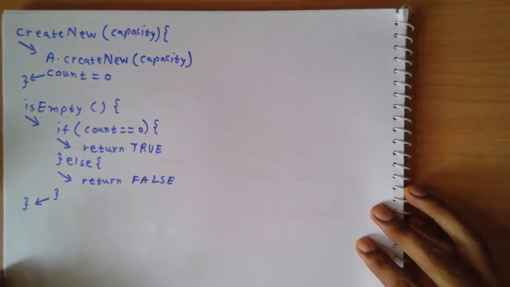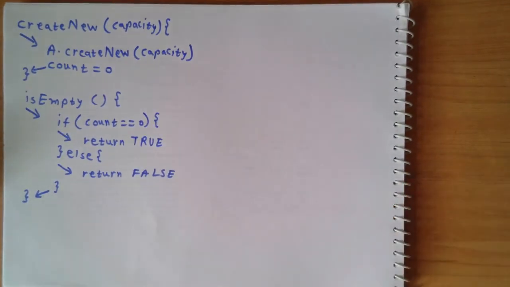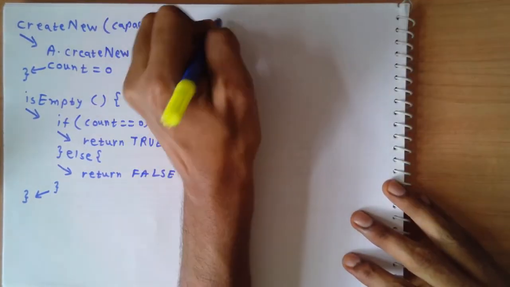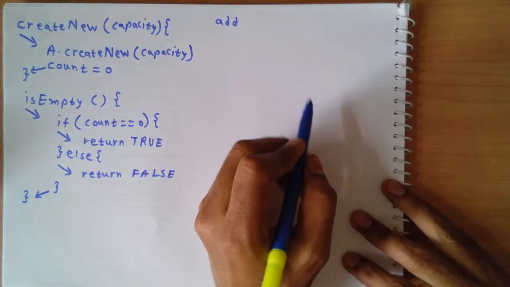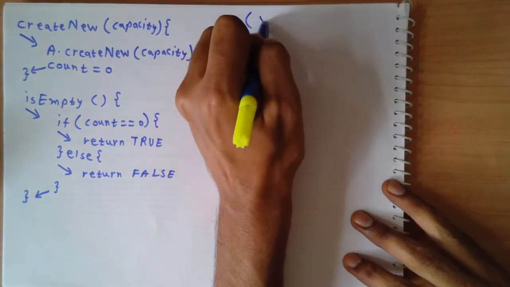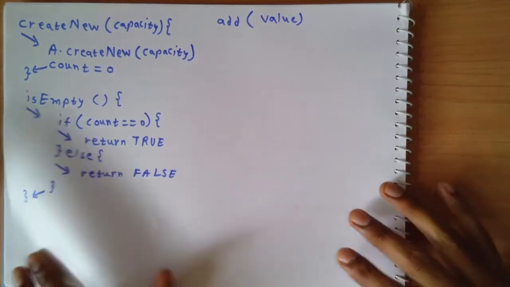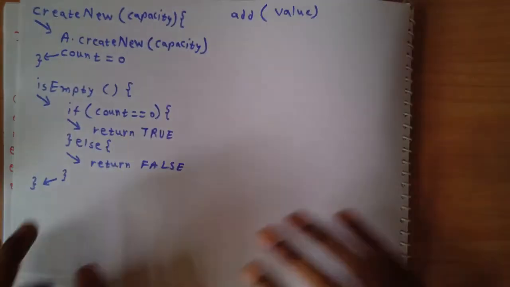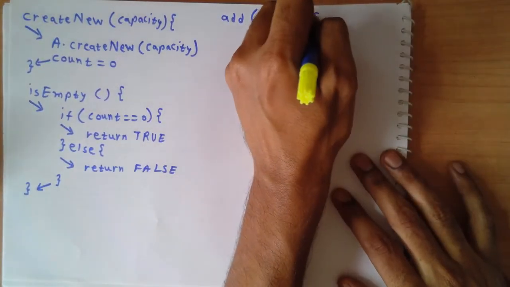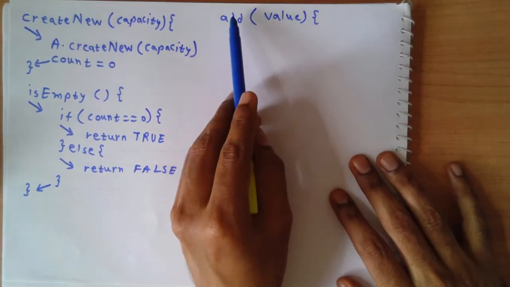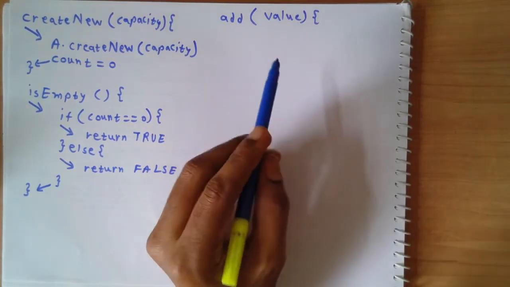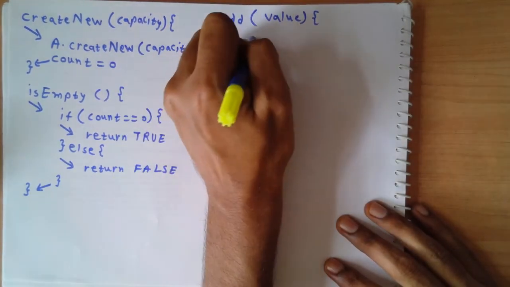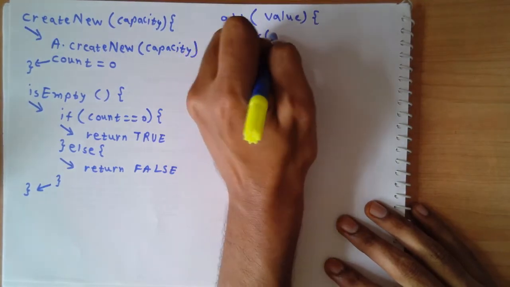And now let's try to write the pseudocode for the main operations, add and delete. If I'm going to have the add operation on my queue, it has to receive input as a value. Let's check if that's the way we defined the function. So add was getting value as input, fine. So now it gets a value as input. The first thing that we should check is whether there is capacity in our queue to accommodate a new element. So first thing we should check is if it is true that my queue is full.